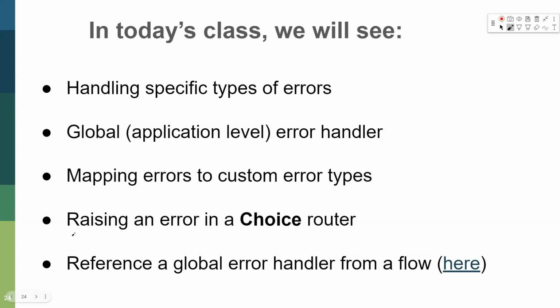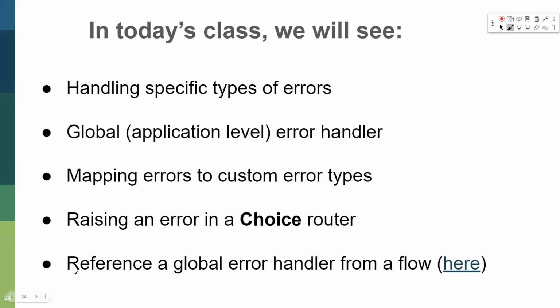We are going to see also how to raise an error in a choice router. We have been looking at the choice router for different applications, and we said it processes from top down until it gets an expression that returns true. If there is no true, then the default block is executed. But in the default block, we may raise an error rather than it returning success. We may add an error handler there so that it raises an error. That one also we are going to see.